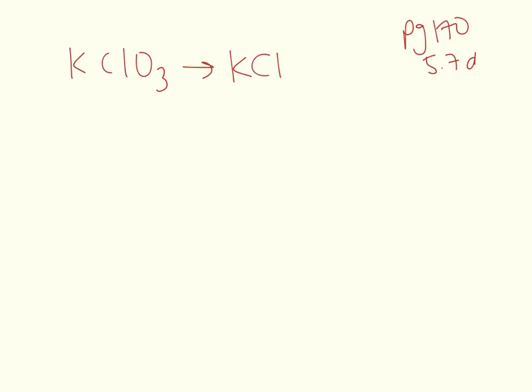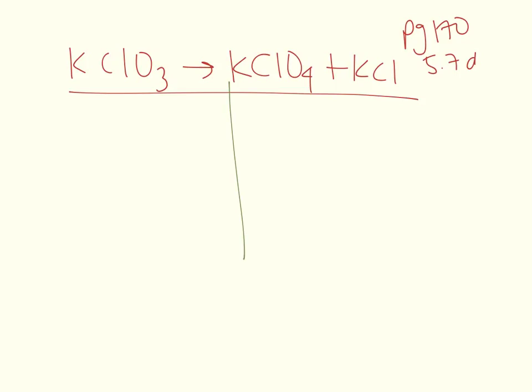So this is an example of balancing a chemical equation, and we did this in class. This is on page 170, question 5.7, D. And so the equation that we have to balance is KClO3 gives us KClO4 plus KCl. So the first thing that we're going to do is count the number